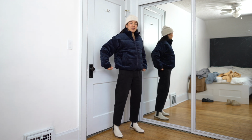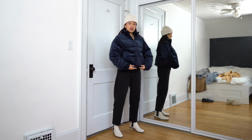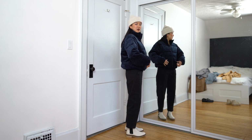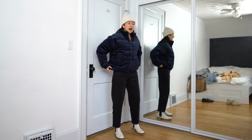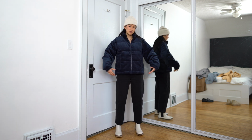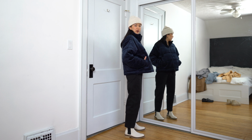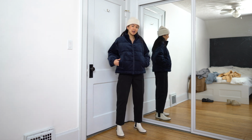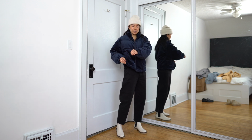It does have that elastic band underneath that I have pulled tighter to create this puffier effect that comes in at the waist, versus if I undo it, it comes out a bit more, drops down, and fits more like a regular puffer. Just depends on how you like it. I personally like it when it's done up a little bit more so that it looks cute, like a little